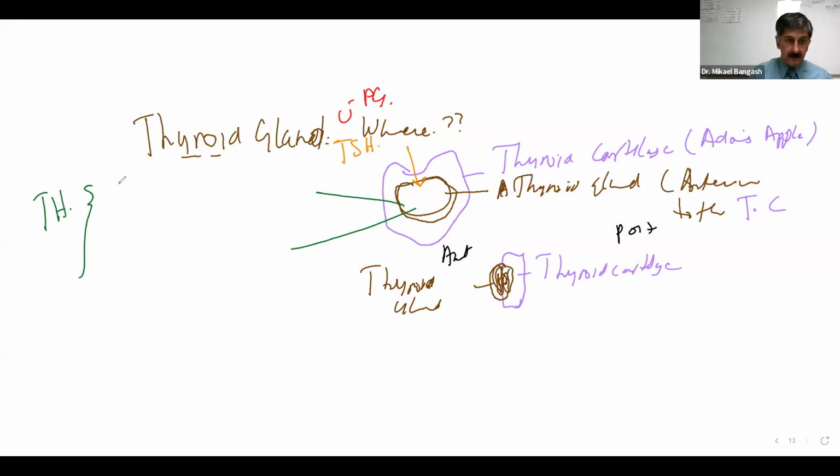Now, guys, as far as the thyroid hormones are concerned, we have two thyroid hormones. One is referred to as T4, and one is referred to as T3. The official name for T4 is thyroxine, and a more official name for T3 is tri